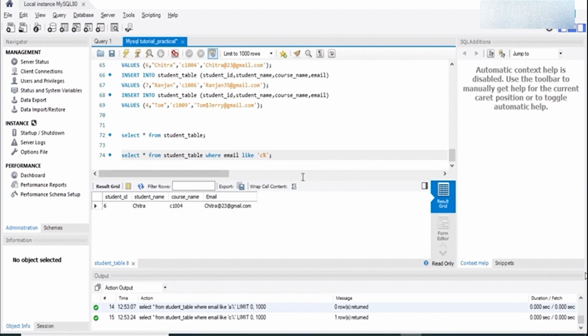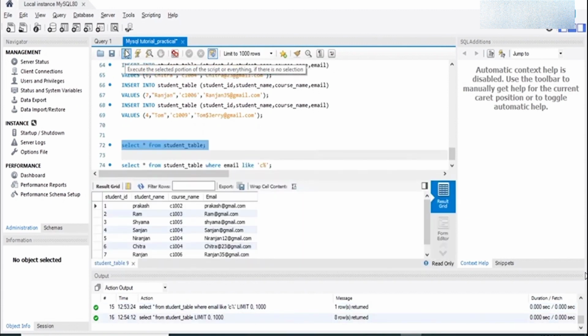Okay, let me just go back to the previous command we have, the select star from student table. I will show you some other cases. Here you can see you have Niranjan12@gmail.com. So if you want to have a Gmail which has 12 included anywhere, right, you just be sure that